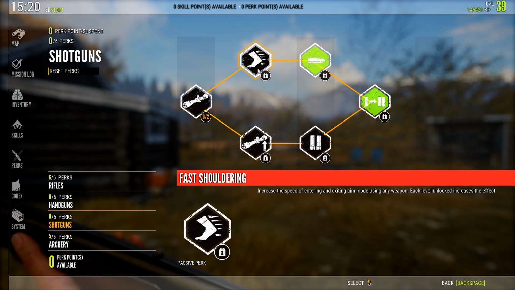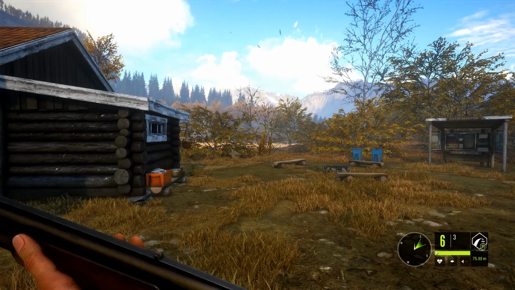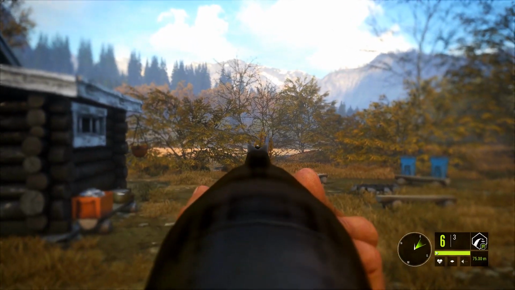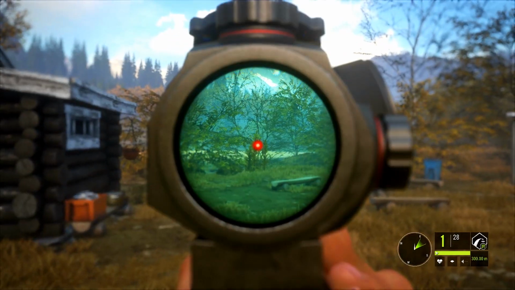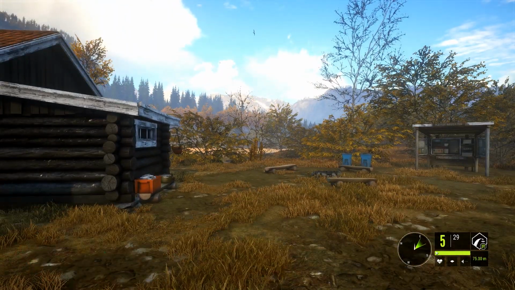Fast shouldering increases the speed of entering and exiting aim mode using any weapon. Each level unlocked increases the effect. Again, works with any weapon. But I have found that that's pretty quick to bring your weapon up. Rifles, that's real quick. Handguns,